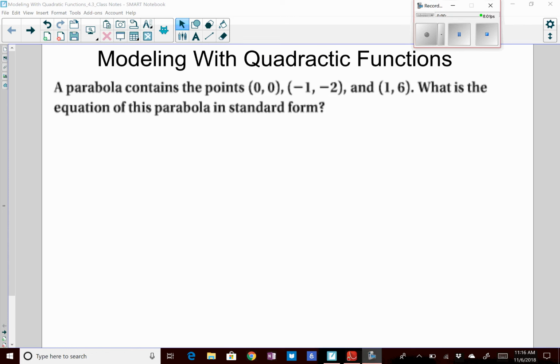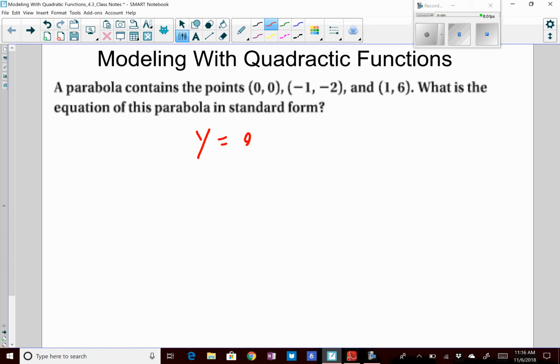Modeling with quadratic functions. So here they're telling us we have a parabola, and the parabola is going through the points 0, 0, -1, -2, and 1, 6. They're looking for the equation of this parabola in standard form. So remember, in standard form, we're talking about